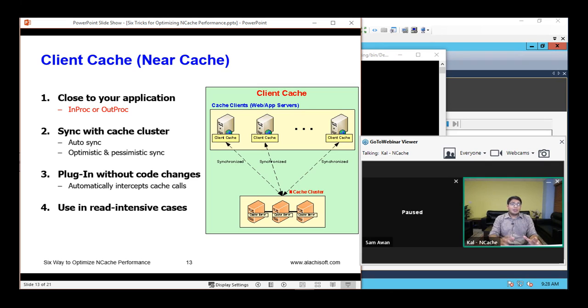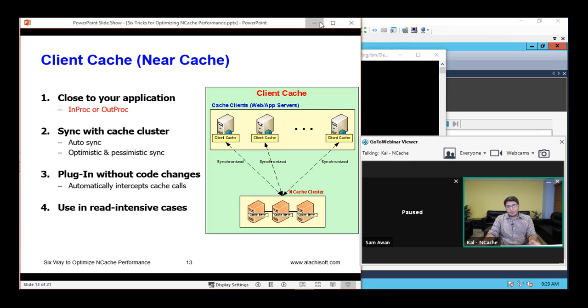Client cache is a subset of the clustered cache's data. It is going to keep a local copy of the clustered cache's data. It remains in sync with the clustered cache, so any updates performed on the client cache get propagated onto the clustered cache, and vice versa. If your application is trying to fetch some items from the cache and it does have those items locally present, it just shares those items right there from a local source.